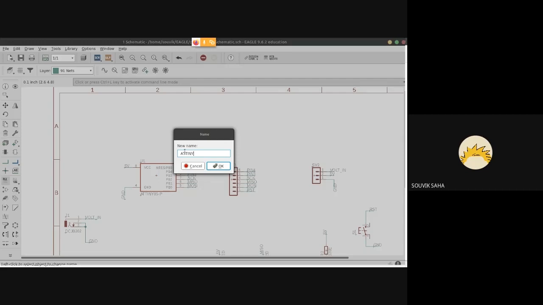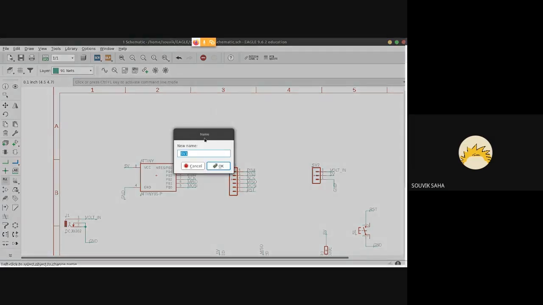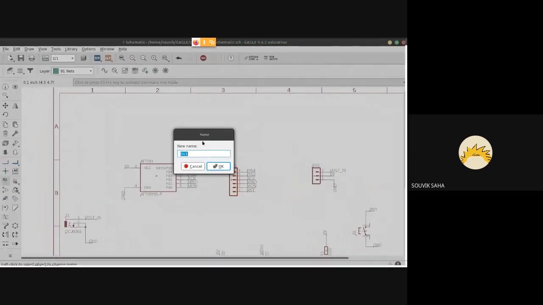Name the ATtiny as ATtiny. The LED to the program pin you can name as program LED, PGM underscore LED. And you can name the header pins as header or something.